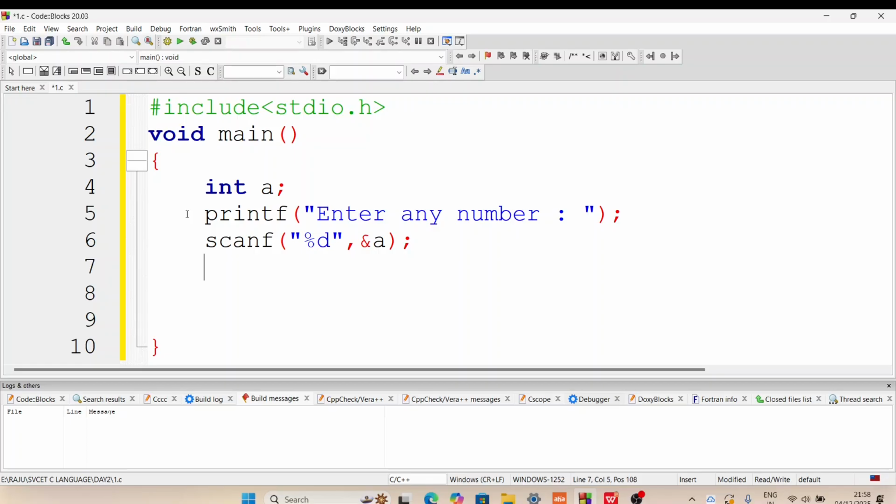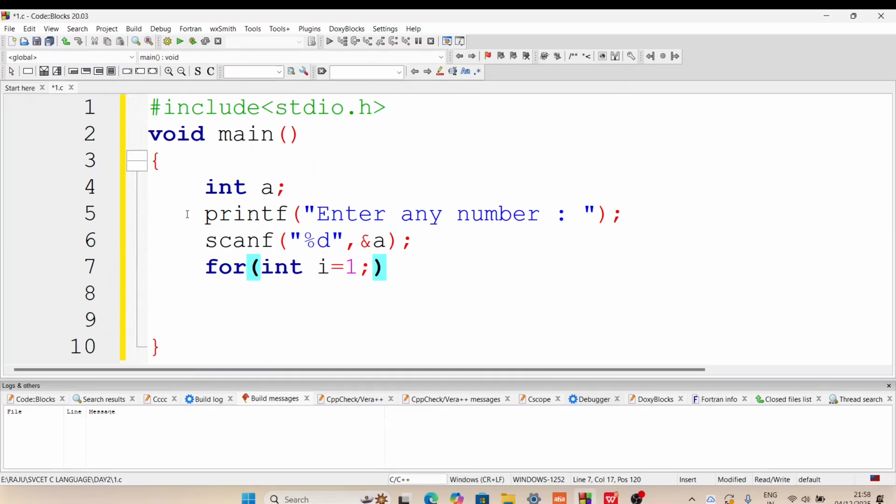What is the main difference between for and while? If we do not know the number of iterations clearly, then we'll go for a while loop. If we know a certain number of iterations, a certain number of steps, we'll go for a for loop. So in this situation, we are going for a for loop. I'll start from i equal to 1. The reason is